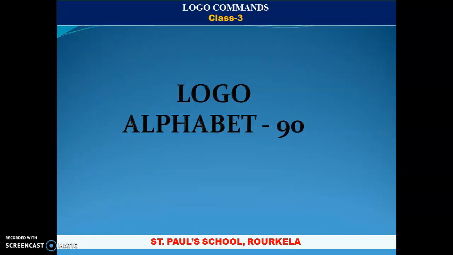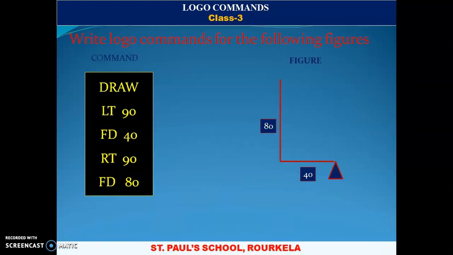And today I am going to explain how to draw Logo alphabets. You have 26 alphabets. Of those, most are 90-degree alphabets, 5 alphabets use 45 degrees, and 5 alphabets use 135 degrees. So first we will start with the Logo alphabets of all 90 degrees. First we will start with a simple figure, that is your L.